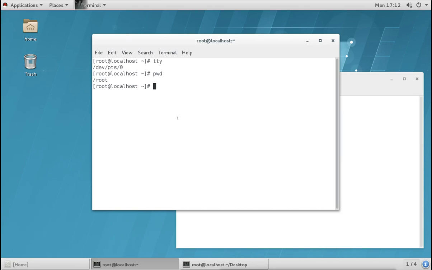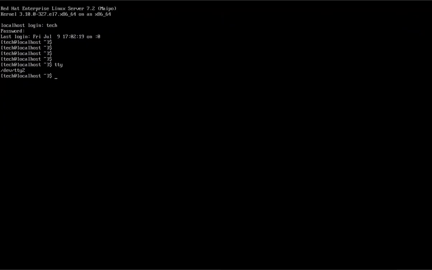For example, if I go to the other terminal, here also we are seeing the same symbol, and this is for this tech user. That means this tech user is under his home directory. Where is this user's home directory? If I give this pwd command, it shows that this user's home directory is tech, and that home directory is under home, and home is under slash. Because it is a normal user, all normal users' home directories go under home, and the root user's home directory is itself under root, and root is directly under slash.